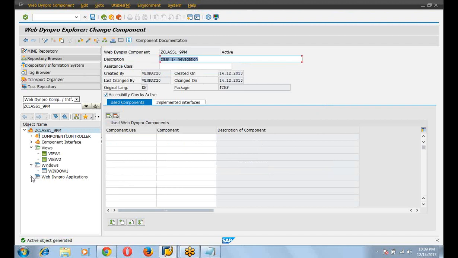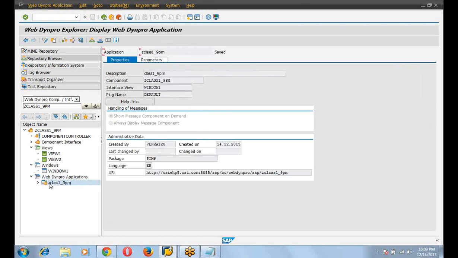Now select the WebDAM Pro application, double click on it, and click on execute.